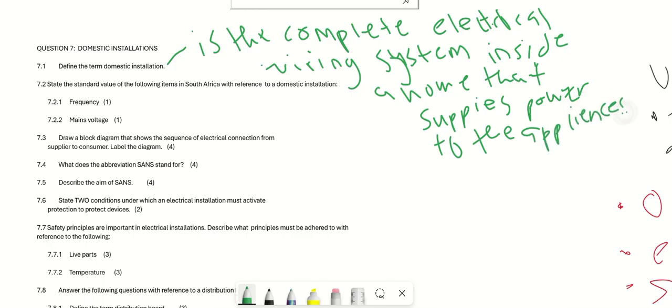So that's the basic definition of a domestic installation.